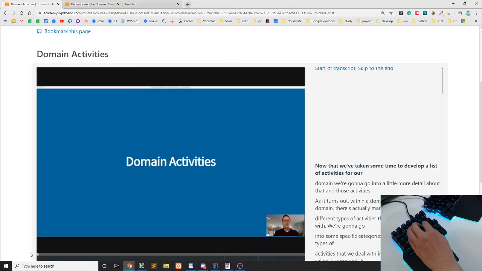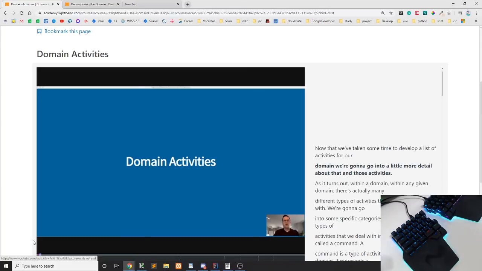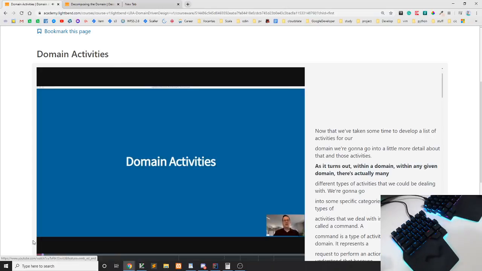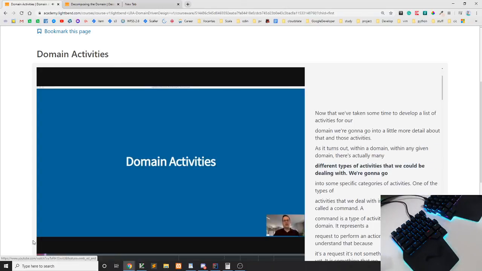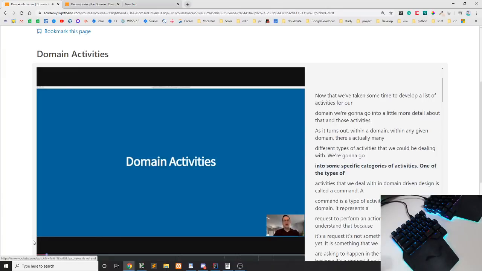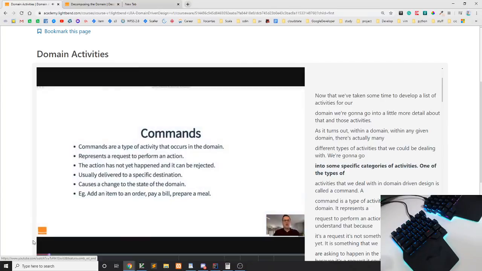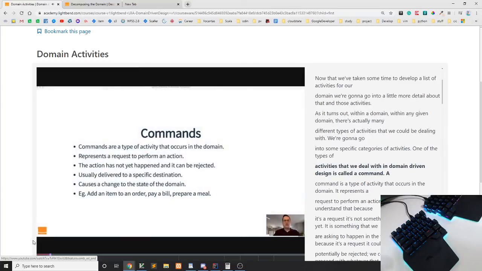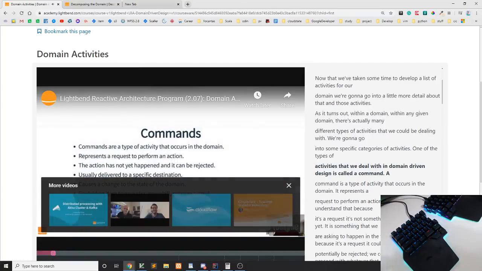Now that we've taken some time to develop a list of activities for our domain, we're going to go into a little more detail about those activities. As it turns out, within any given domain, there's actually many different types of activities that we could be dealing with. And we're going to go into some specific categories of activities now. So one of the types of activities that we deal with in domain-driven design is called